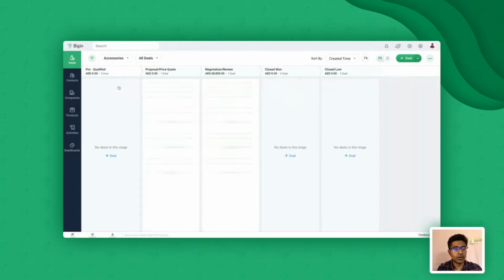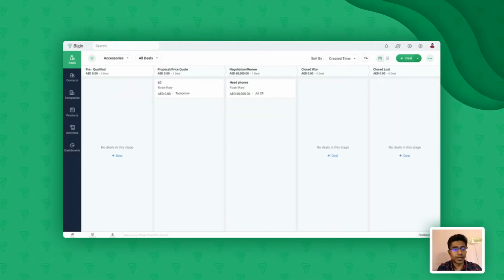So if you want to go to the accessories pipeline, you just click on the drop down, click on this, and there you go. So basically this will show you all the deals which are associated with that specific pipeline. I'll come back to that when we go to the setup settings part. I'll show you how to create multiple pipelines and how to work with that, right?